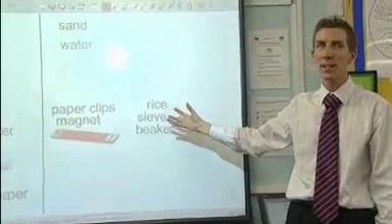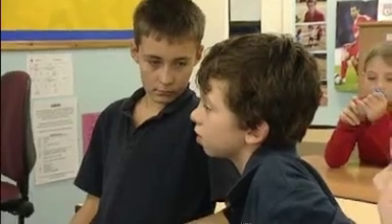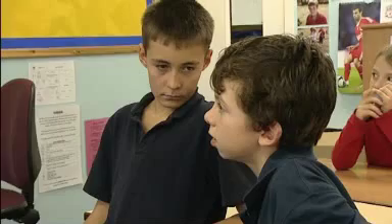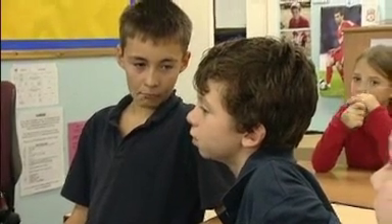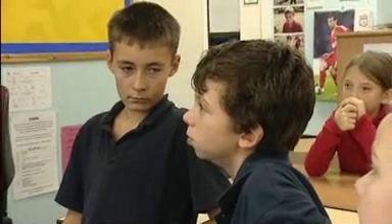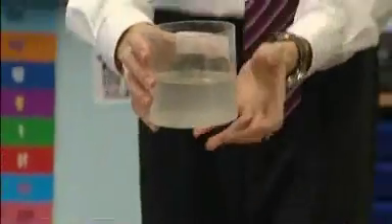And what was the last thing to separate out? We took out the sand. The sand, well done. What did you use for that? We used the beaker, filter paper and funnel. Well done. When you've separated out the paper clips, the rice and the sand, you're left with what you think